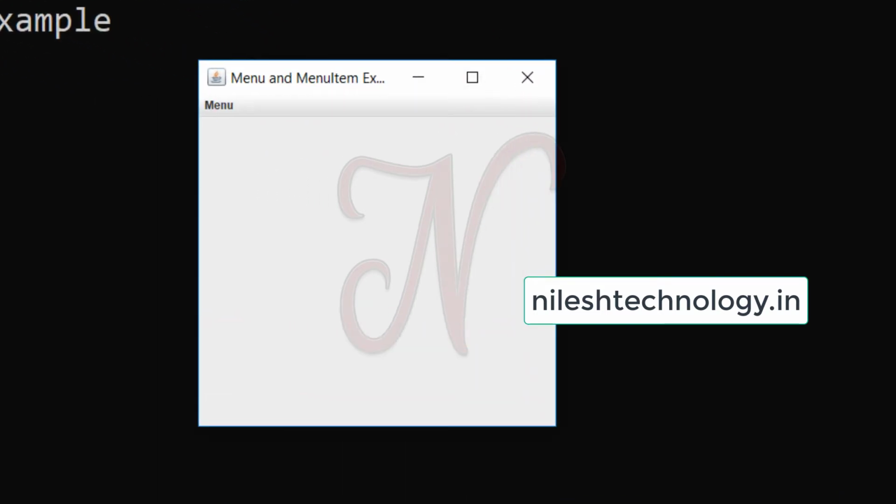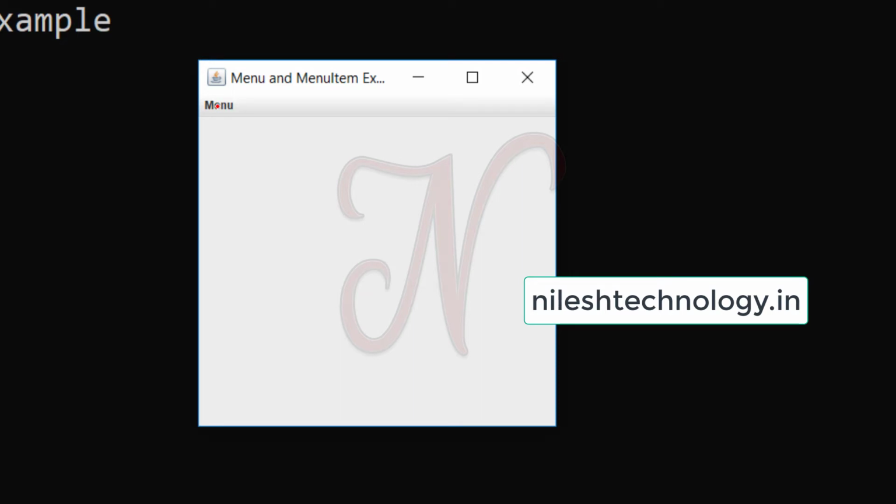Okay, this is my menu. Here these are my menu items, item 1, 2, 3, and this is one submenu, and in the submenu there are two menu items, I4 and I5. If you want to perform some actions on this menu item, then use the action listener or item listener. Both will work here. If you click here, then a new window opens. So call this window's constructor in that listener. This bar is called the menu bar, and here we can add one menu.